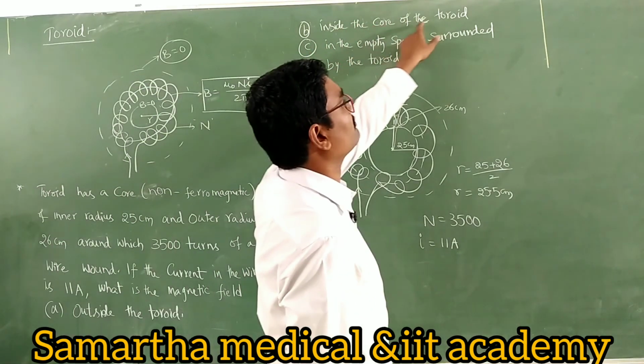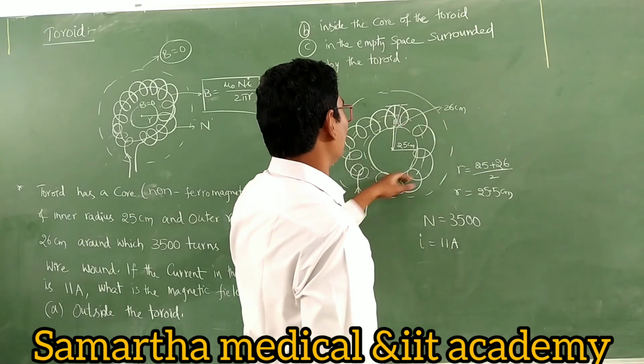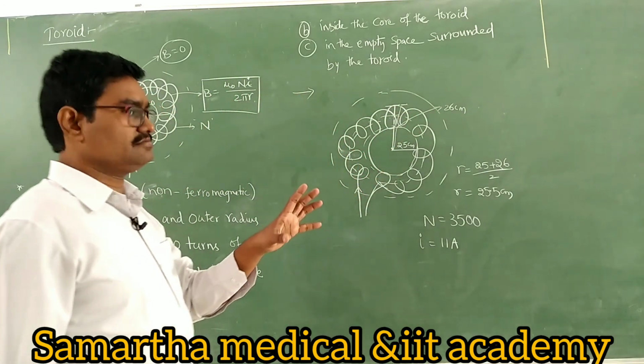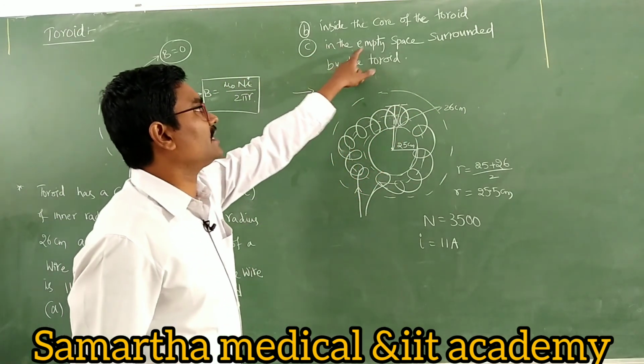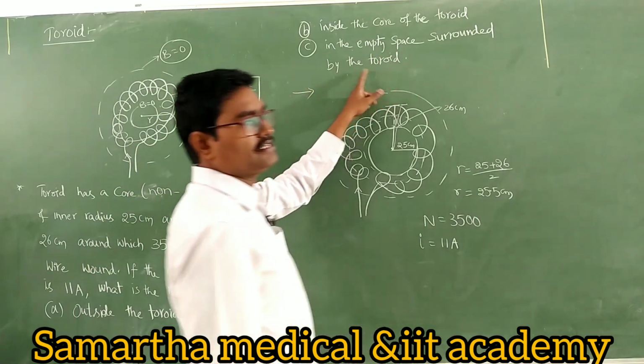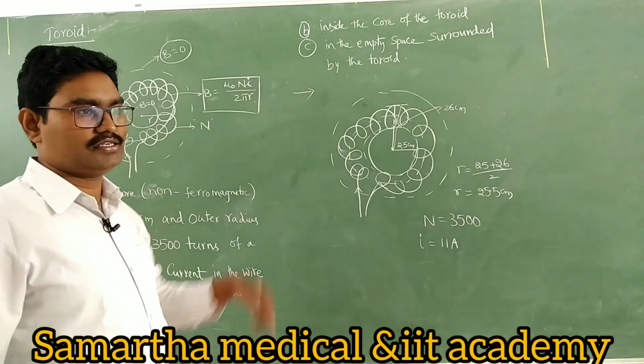Inside the core of the toroid, you will find the value. Okay, see, inside the empty space surrounded by the toroid, it is not 0. Okay, then,